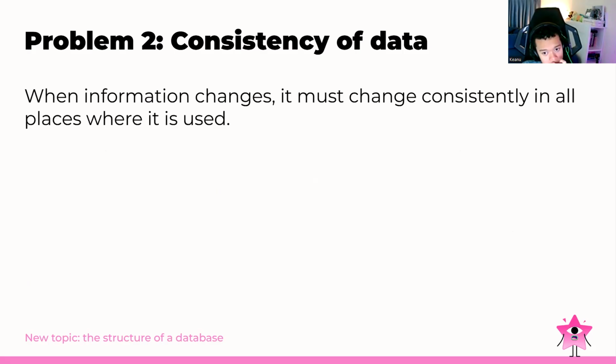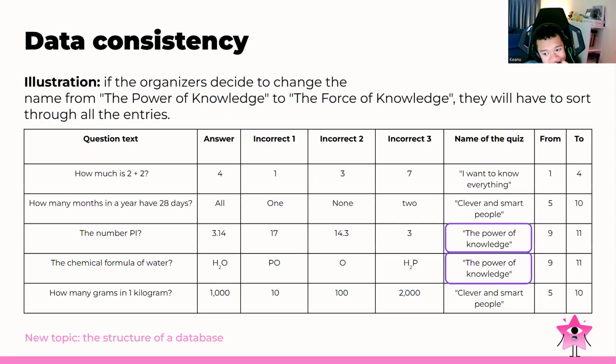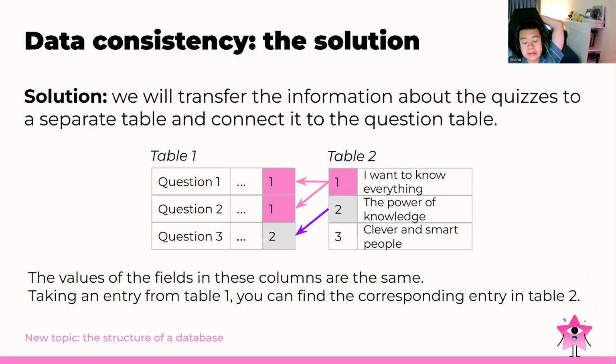And now for problem two, consistency of data: when information changes, it must change consistently in all places where it is used. So for the illustration, if the organizers decide to change the name from the power of knowledge to the force of knowledge, they will have to sort through all the entries for this one. So maybe we have the question text and also the name of the quiz. For example, this table will be the one we follow to make this. And then for data consistency,